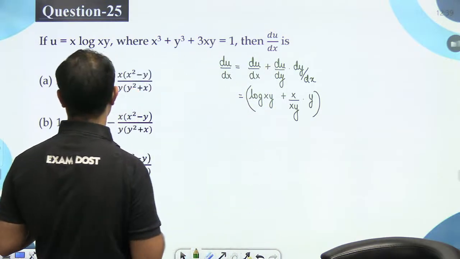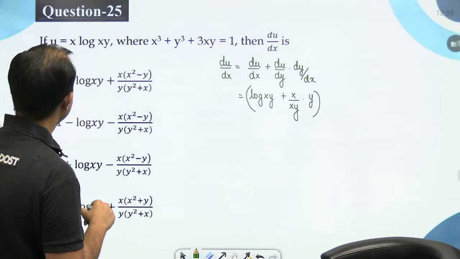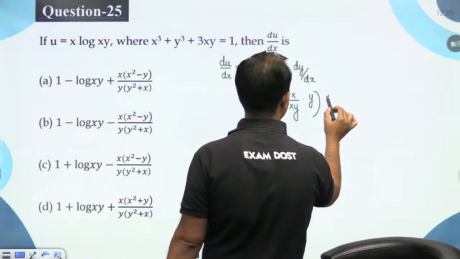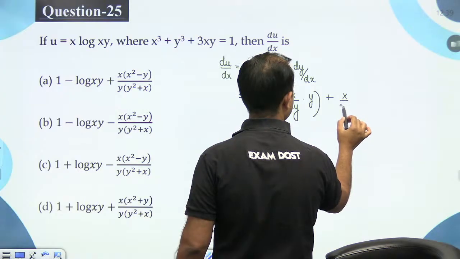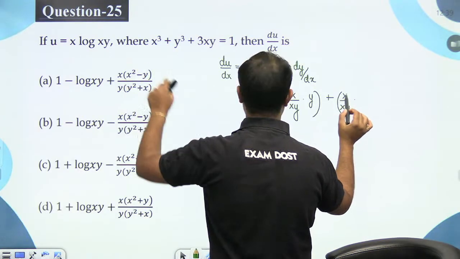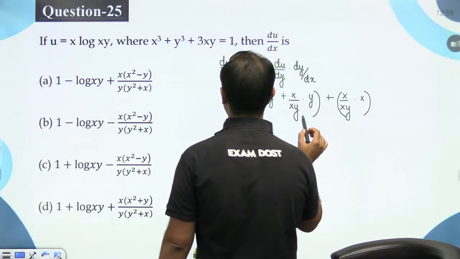log x plus log y, with respect to x, what? log x plus log y gives 1 by x. Okay, 1 has come. du by dy is, with respect to y, the derivative will be x. dy by dx,